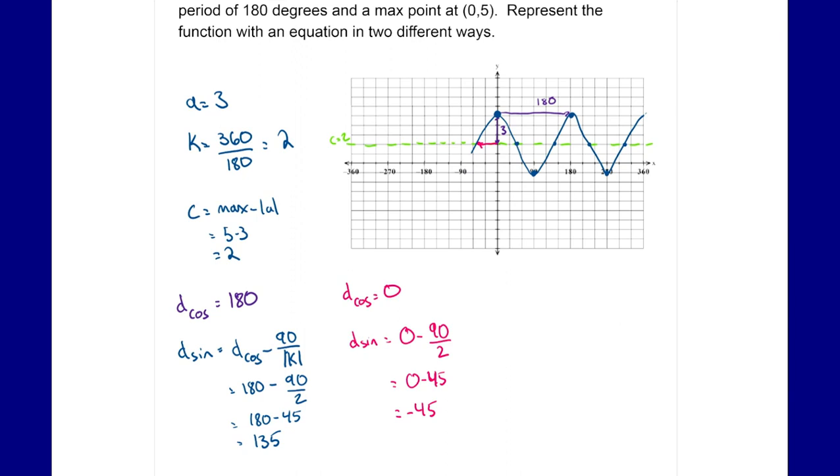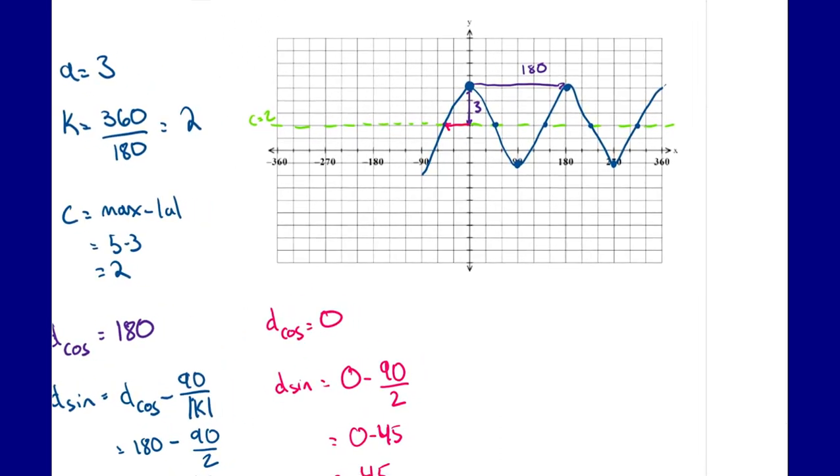Let me draw a little bit better. That would be the closest rising portion from the midline. So I could go back that way as well, and keep this as my d cosine. So again, different ways you could do it. We could look at it similar to how we've already done. If we're going over here, that would be your d sine. Again, it's just that idea that there are many different